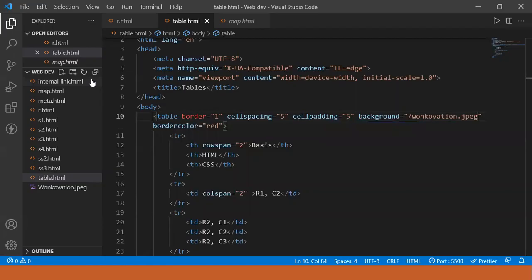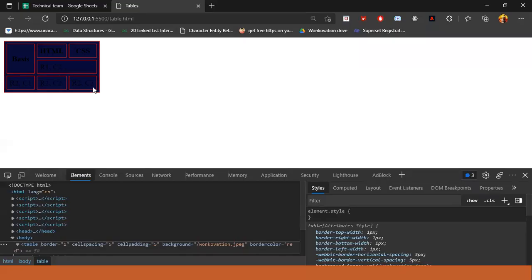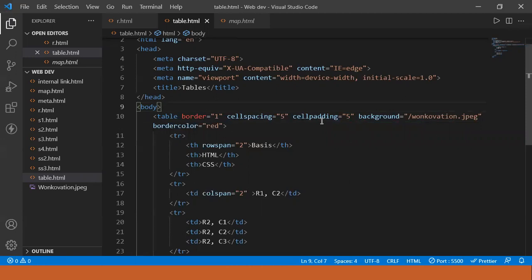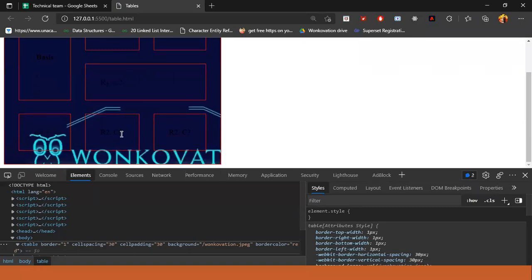Okay, the image is not visible. Let us make a cellpadding of, let's say, 30, and over here again 30, so that we are able to see the image. See, there is an image behind that.